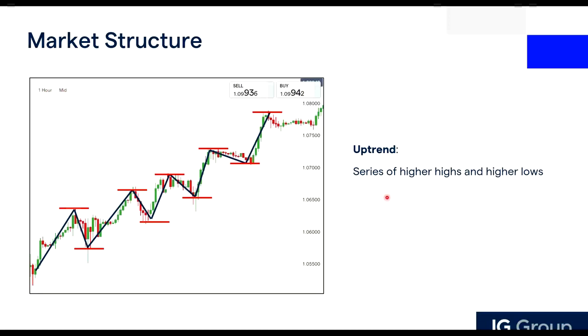But the smaller the time frame you go into, the more market noise there will be. And if you look at a longer time frame, let's say a daily chart or weekly chart, then the stronger the trend will hold. Okay, so in an uptrend, what are we actually trying to do? We don't want to go against the trend. If you see an uptrend, we are actually not trying to sell. What we are trying to do is buy, to follow the direction of the trend, because that is the path of least resistance.